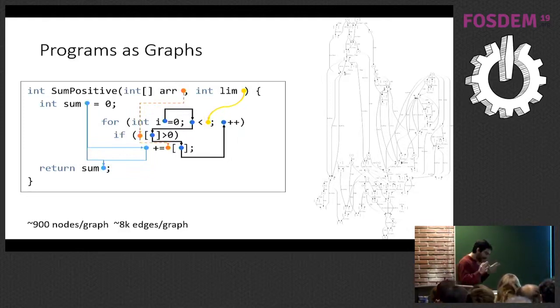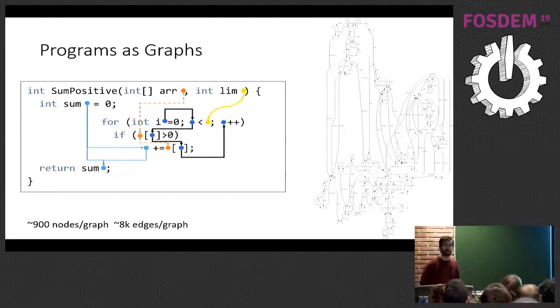But on average, and this is a very simple example, each graph is a single example, a single piece of code, a single variable misuse instance, and you get about 900 nodes per graph and about 8,000 edges. So the graphs are not huge. They're not like the Facebook graph of a billion people, but they are not small either. So this is the kind of problem setting we are at, and this is how we try to encode programs within graphs. And of course, the goal here is to take these graphs, push them into a machine learning component that I will discuss next, and then get magically our answer.